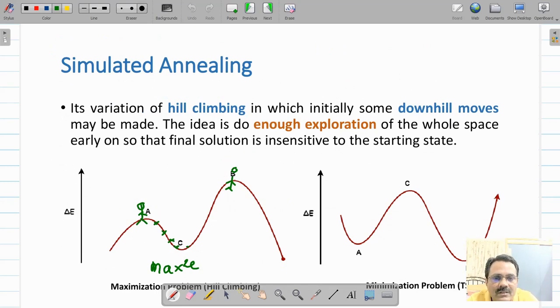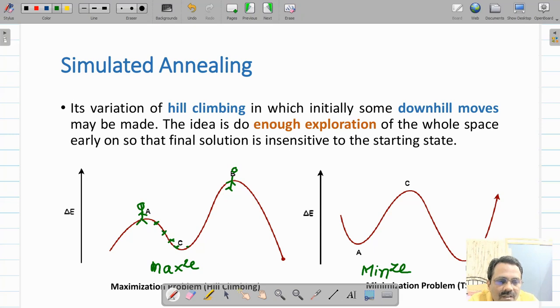Now let us come to this side. Here this is the graph related to minimization of your search space. Now your problem can be a maximization problem or it can be a minimization problem. An example of a maximization problem is the applications of hill climbing search. You have to maximize, for example, profit earning. You have to maximize the profit. If that is not the case, sometimes you have to minimize.